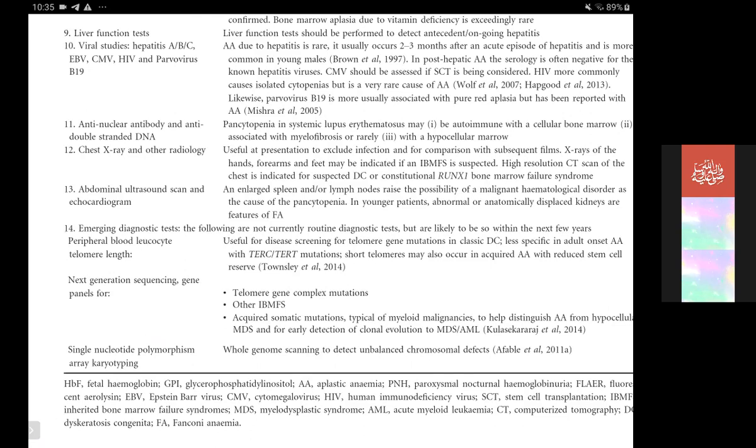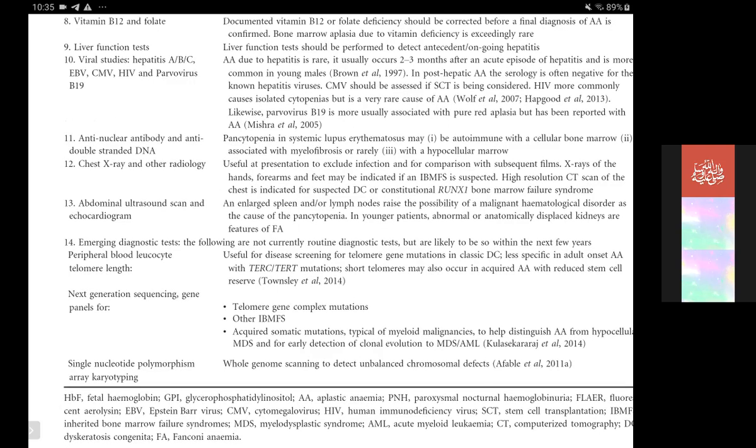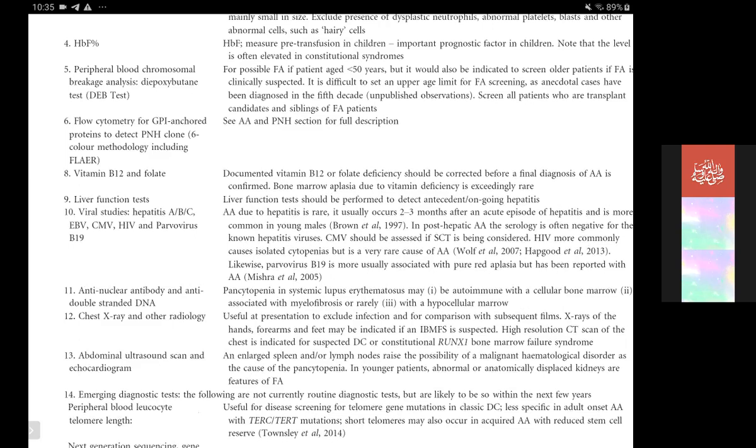Single nucleotide polymorphism. There are these SNP arrays, karyotyping is done for whole genome scanning to detect unbalanced chromosomal defects. So mostly if we look into this chart and compare it with how they have presented this in Hoffbrand, we'll just quickly go to the